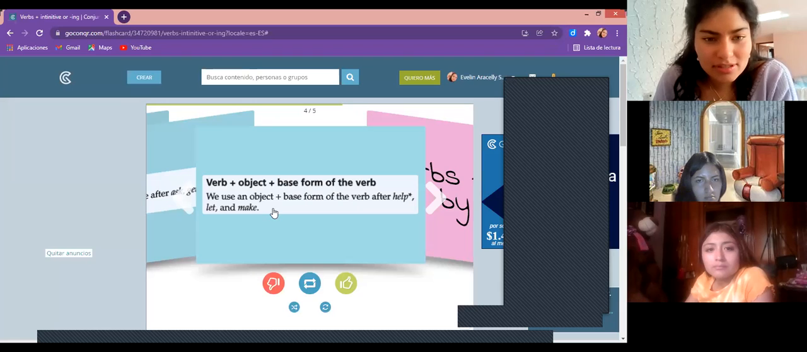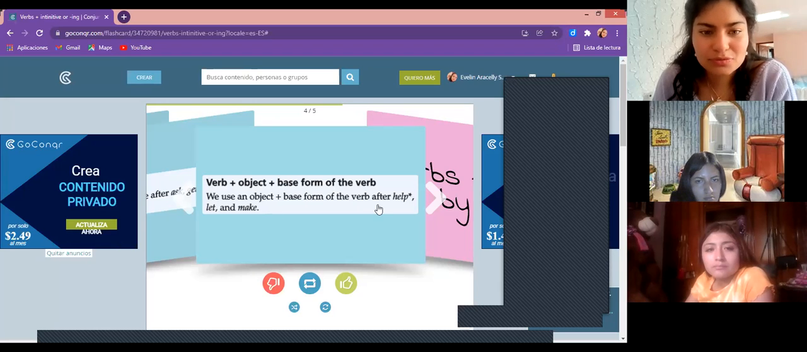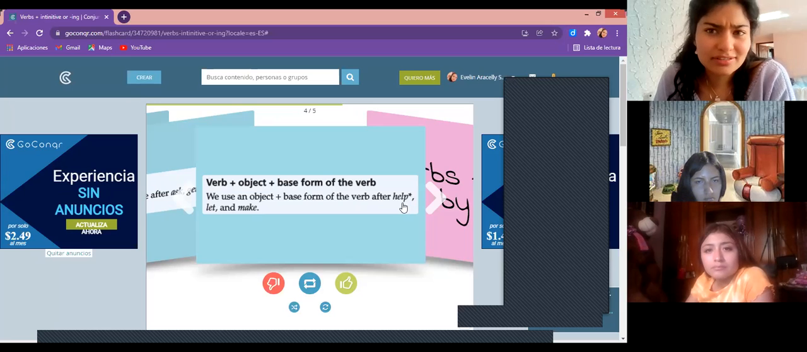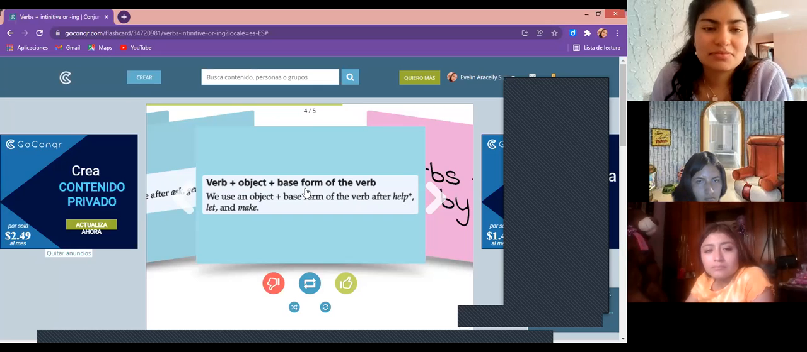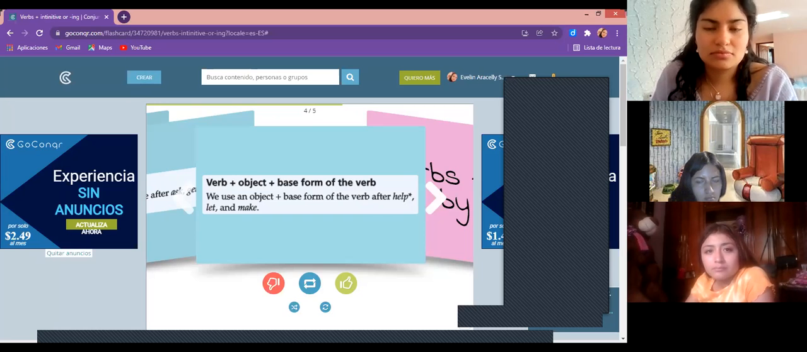She helped to make the prepared cookie. Okay, well, remember that we have to put an object between the two verbs in order to put the other verb in the base form. Okay, and finally, let's talk about